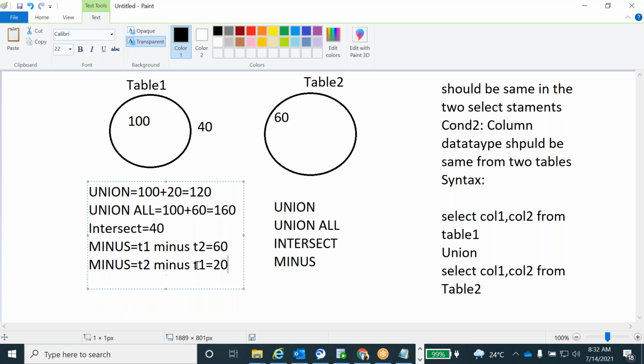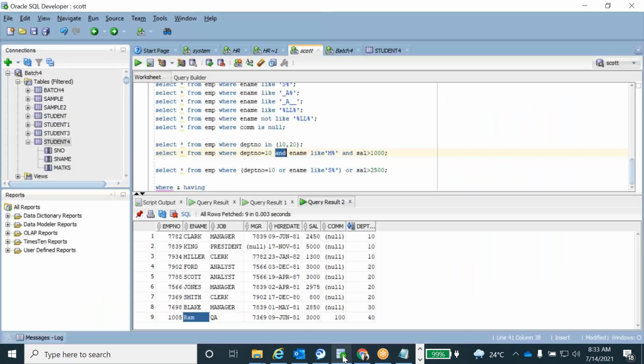They will ask these questions in the interview. The first question will be: what is the difference between union and union all? They will also give some examples: while applying the minus query, what will the output be, and how does the minus query execute? Always the first table is compared with the second table, and the unmatched records of the first table are displayed as the output. Okay, so these are the set operators. We'll go on and see the execution now.